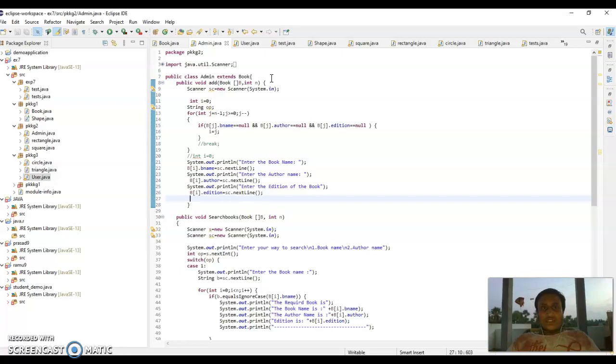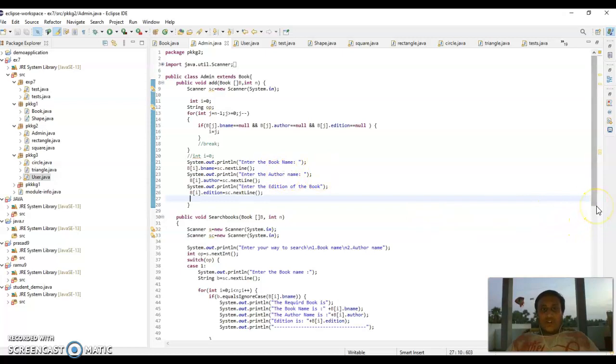Scanner sc = new Scanner(System.in), int i = 0, string op, for (int j = n - 1; j >= 0; j--), if b[j].bname is equal to null and b[j].author is equal to null and b[j].edition is equal to null, i = j, break. Then System.out.println enter the book